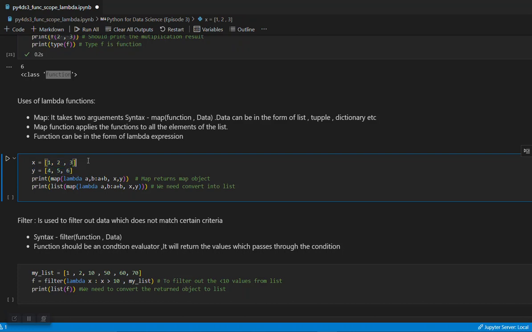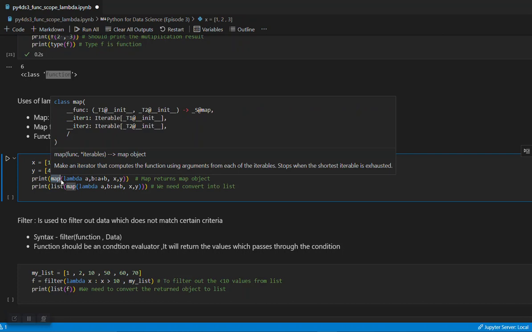Now I want to do an element-wise sum, so 1 will be summed with 4, 2 with 5, and 3 with 6. The map function, along with a lambda function, will enable you to do that.